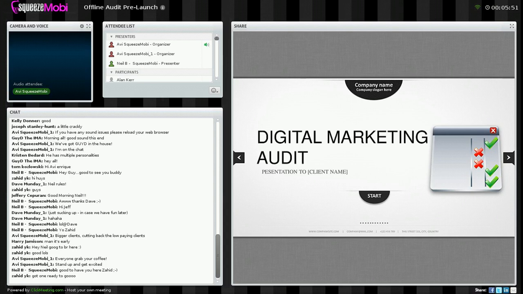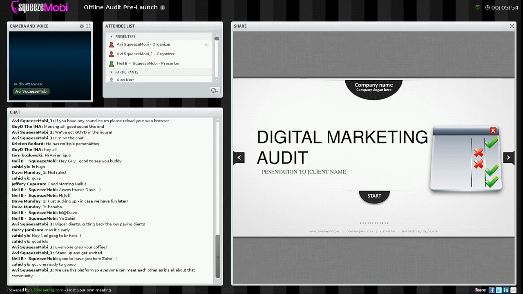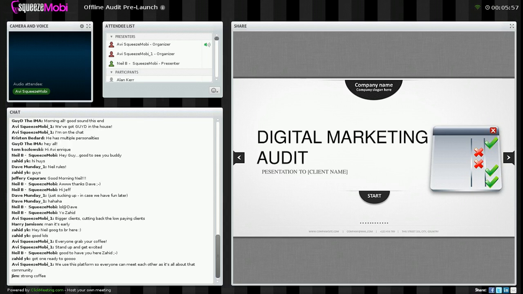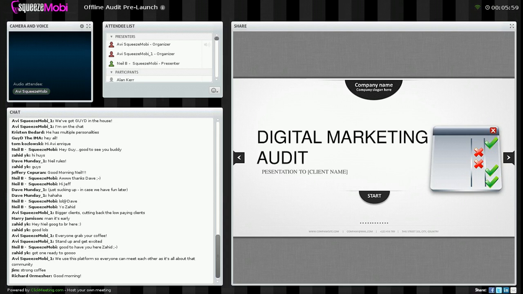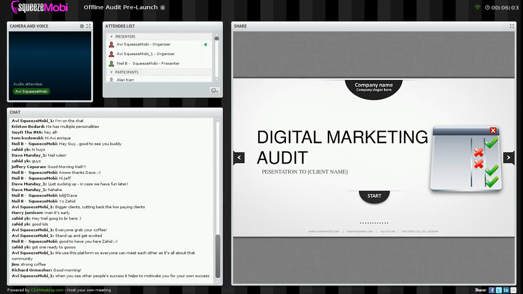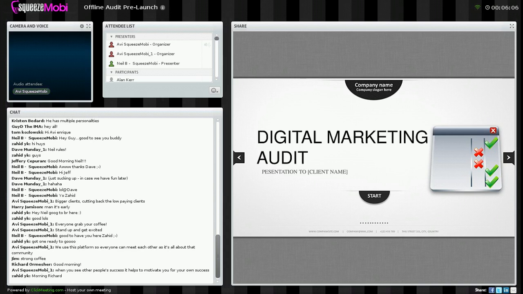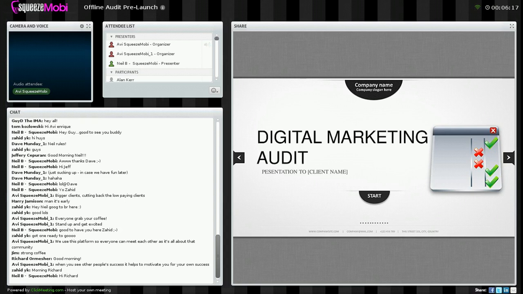Let's get right into the digital marketing audit and how you can audit clients in order to secure them, in order to close them. I can get into a little bit of lead generation, but I'm not going to. I'm just going to go right into the audit. We primarily recommend walk-ins, but you could do cold calls. Lately we've been recommending developing a yellow page type of method, but I'm not going to cover that. I'm already assuming that you have the client right in front of you,